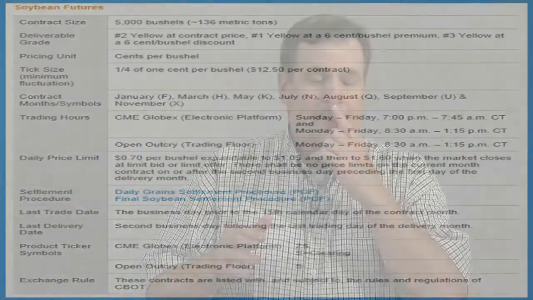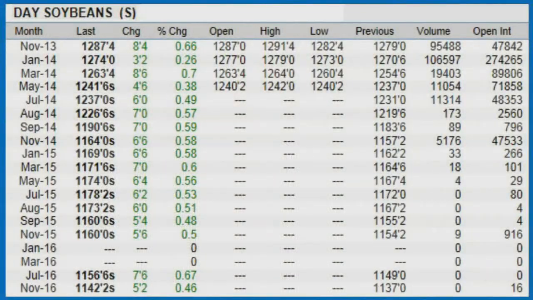Again, this is a kind of risk management strategy by the Board of Trade. It limits how much a holder or a seller of a futures contract could lose in a particular day. As I mentioned, there are several different contracts, and this is just a snapshot of soybean futures contract prices. As you can see here, not only do we have them traded for the different months within the year, but we trade those contracts several years out in advance.